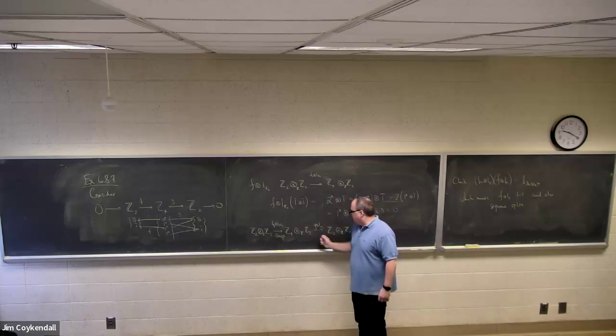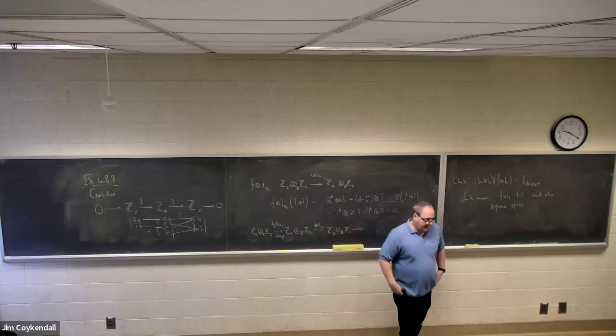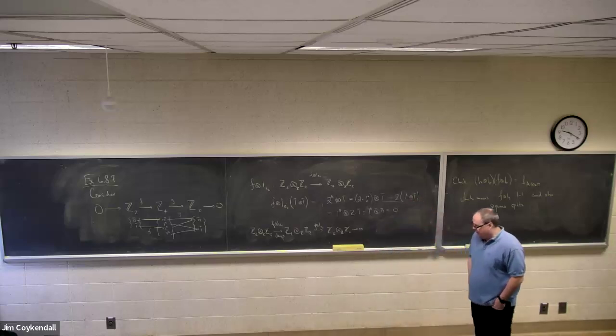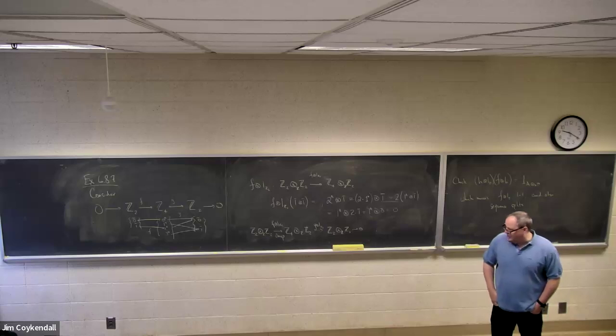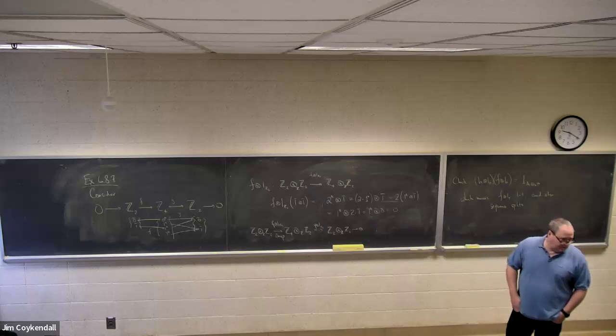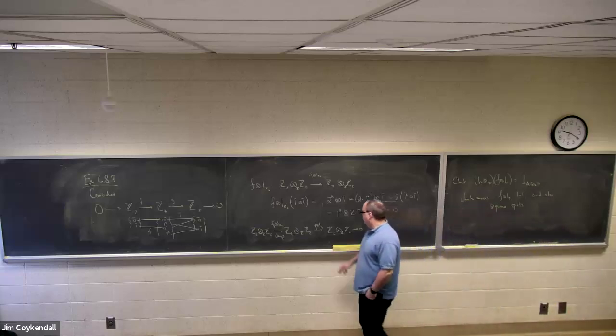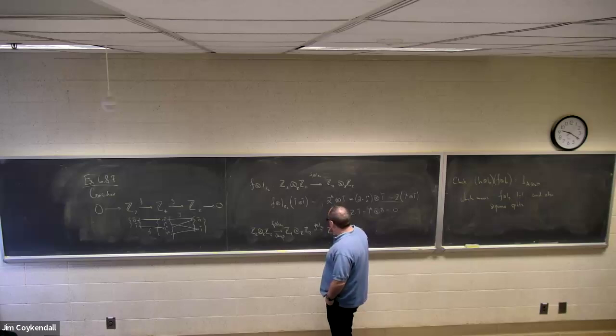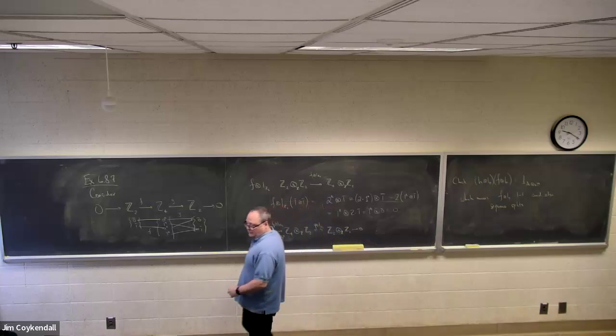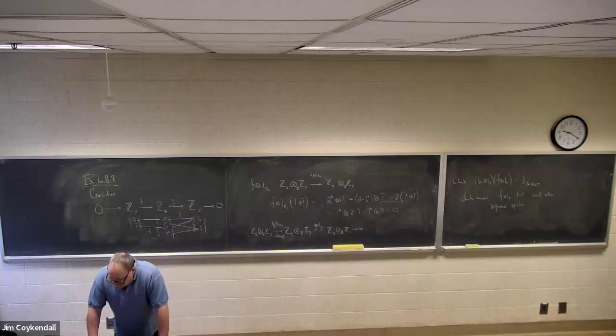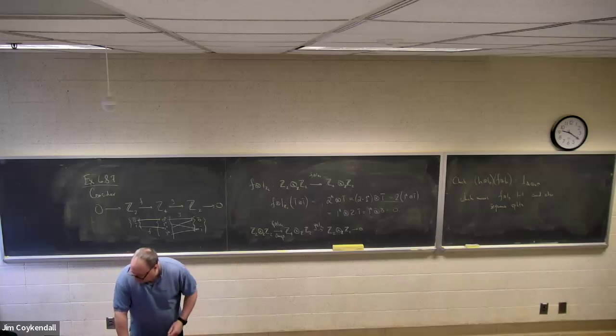And of course, what does that mean about these last two? The fact that F tensor 1 is the zero map, what does it mean about Z4 tensor Z2 and Z2 tensor Z2? They're isomorphic, right? Because we know that this is onto, and the kernel of this is the image of the previous one, which is zero. So in fact, it's an isomorphism. Okay. Any questions on that? Okay, so